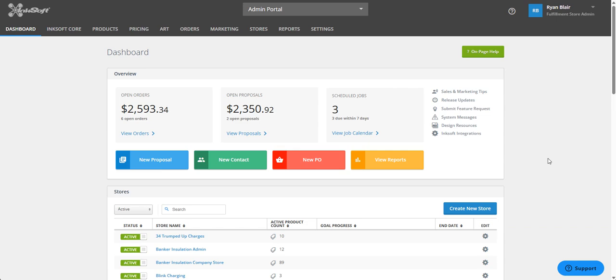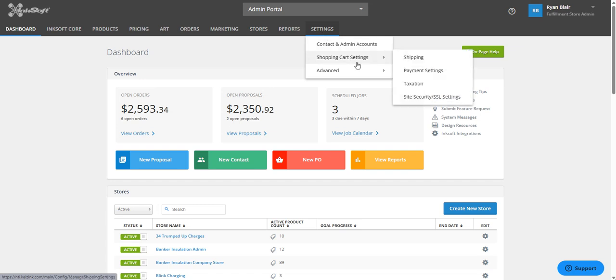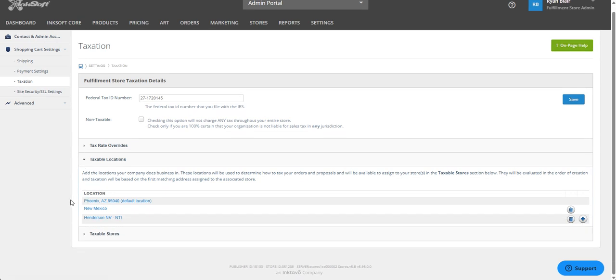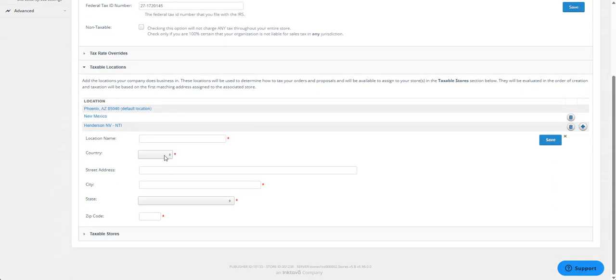So the first thing we're going to do is, from the Inksoft dashboard, go to Settings, and go to Taxation. And now we're going to come down here to Taxable Locations, and you can see we have a few in here. Now we're going to hit this little plus to add a location,